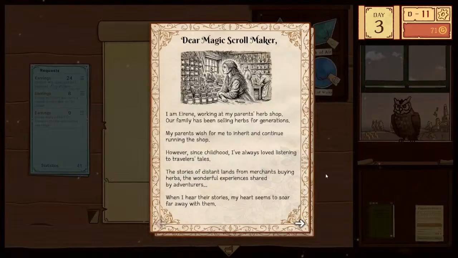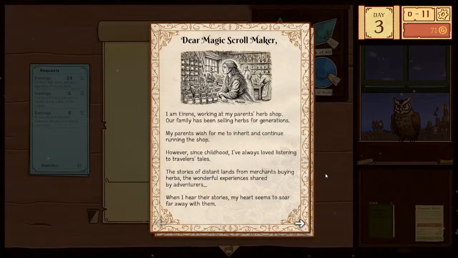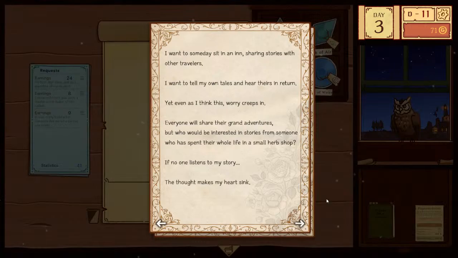Dear Magic Scroll Maker, I am Irene, working in my parents' herb shop. Our family has been selling herbs for generations. My parents wish for me to inherit and continue running the shop. However, since childhood, I've always loved listening to travelers' tales. Stories of distant lands, from merchants buying herbs, to wonderful experiences shared by adventurers. When I hear their stories, my heart seems to soar far away with them. I want to someday sit at an inn, sharing stories with other travelers. I want to tell my own tales and hear theirs in return. Yet, even as I think this, worry creeps in. Everyone will share their grand adventures, but who would be interested in stories from someone who has spent their whole life in a small herb shop?